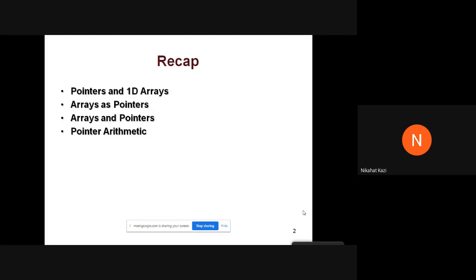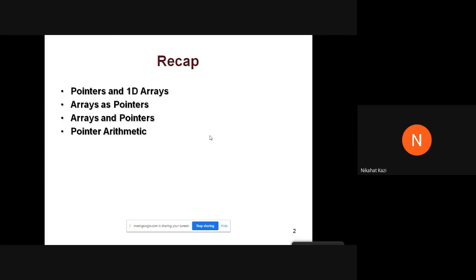You can do only addition or subtraction with the addresses, that is pointer arithmetic. We saw all these topics with respect to 1D arrays. We made our pointer point to a 1D array, and then we did all kinds of operations.